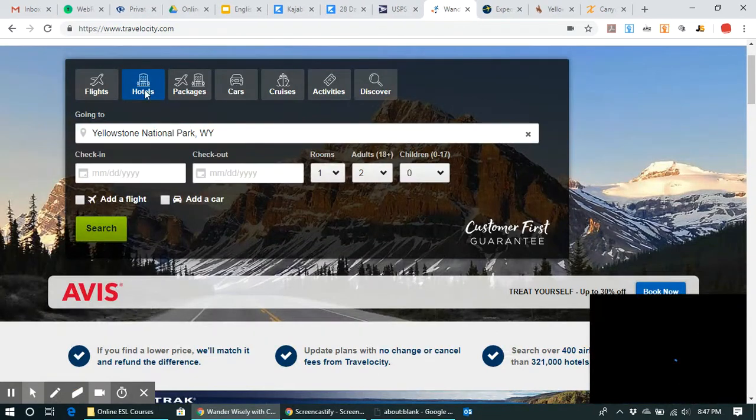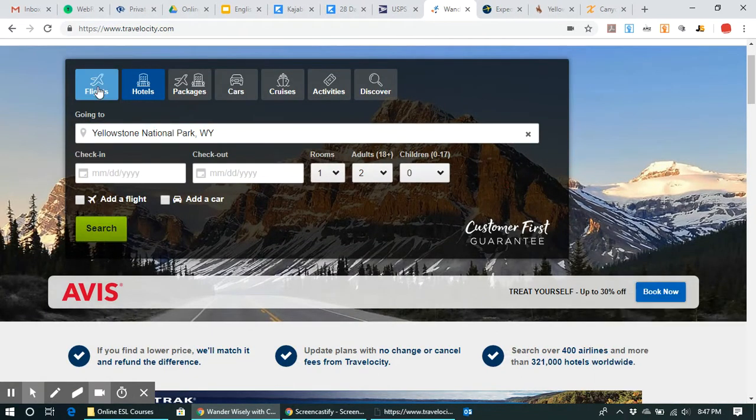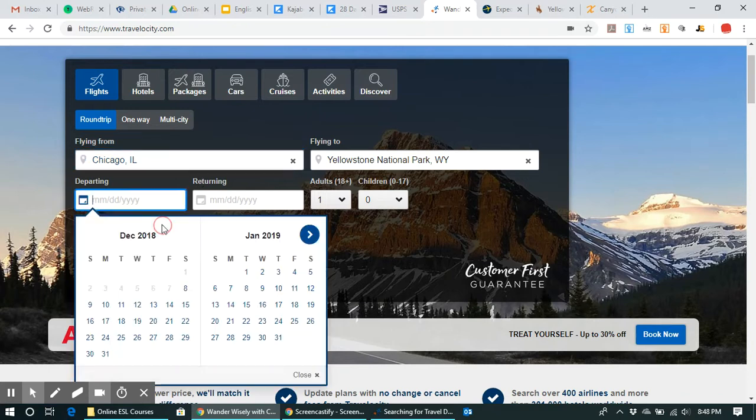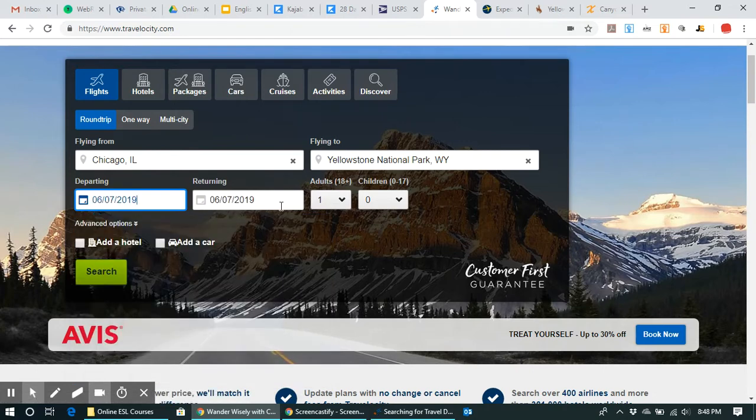And I need maybe a flight. So we'll click the flight button. Oops. And we're flying from, let's just fly from, let's try Chicago. Let's say you're flying from Chicago and you want to leave and go to Yellowstone. You want to plan about a year out or as far out as you can. Maybe we'll go the first week of June, the end of the first week in June, and we want to come back